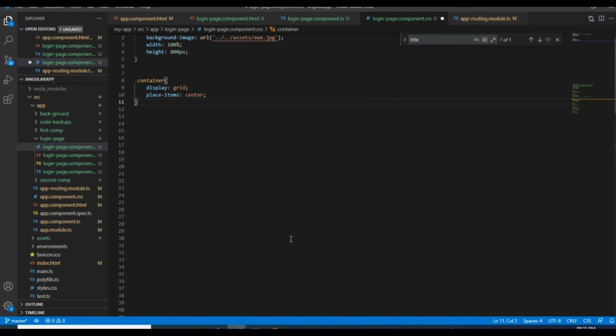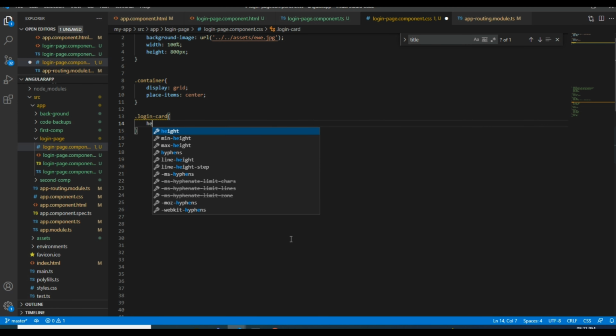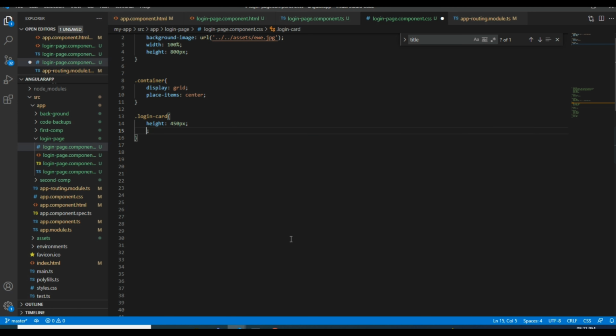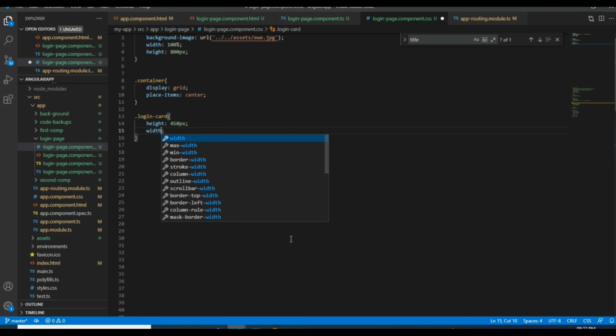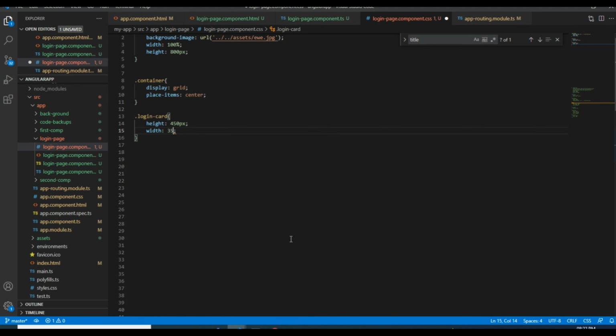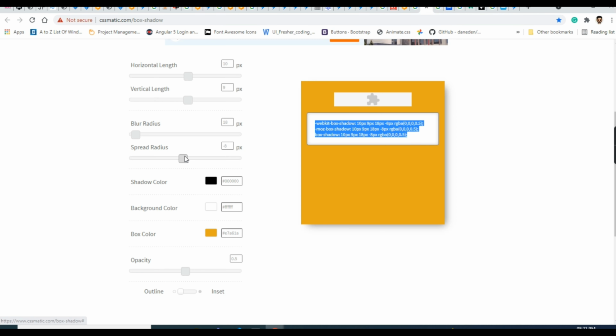Next, for the login card, dot login card, I will give a height of around 450 pixels and a width of around 350 pixels, and we'll check it, and I will give a shadow to this.